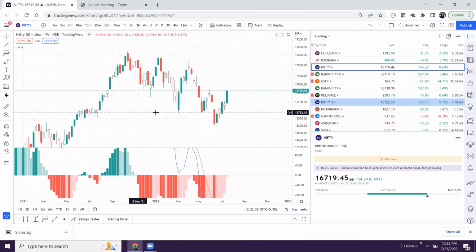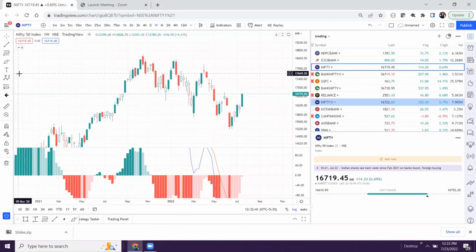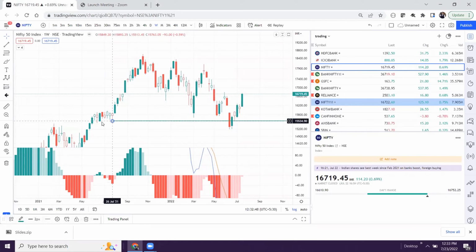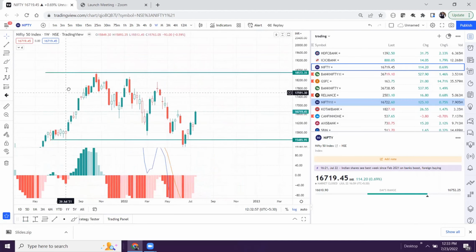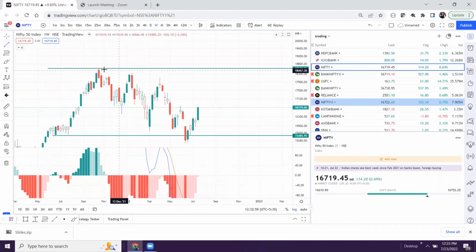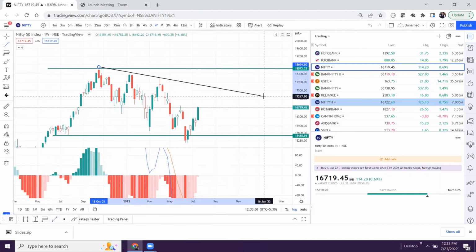So if you see, like in the last webinar, we had already said that this low was broken, and all this can be just a retracement unless this high is again broken. Okay, so if you draw one trend line from this, you can see this. So possible up moves are like, it can go this, it can reverse from this, but this can be just